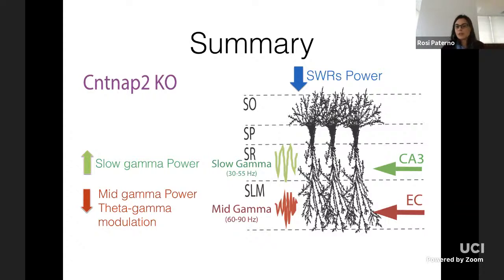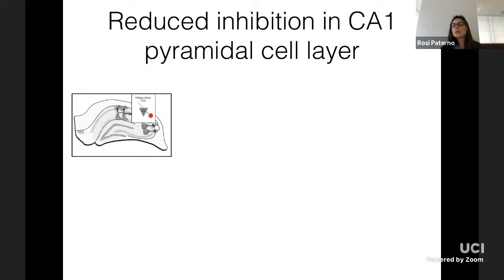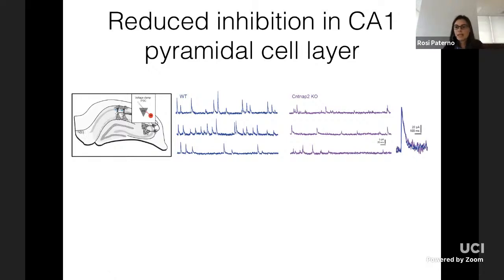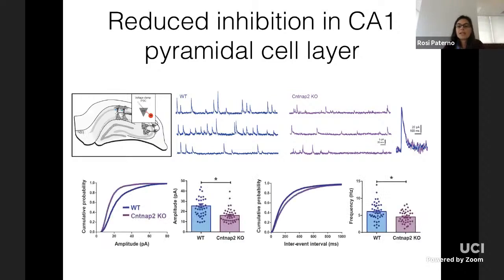The animal model that we are studying also has a pathophysiological underlying mechanism in which inhibition has been identified as the driving force. In particular, we want to understand the inhibitory neurotransmission system in area CA1 of the hippocampus. So using an in vitro technique, we are recording pyramidal cells, and in particular recording spontaneous inhibitory postsynaptic input, spontaneous iPSC. And what we found is, as expected, a decrease of frequency and amplitude in spontaneous